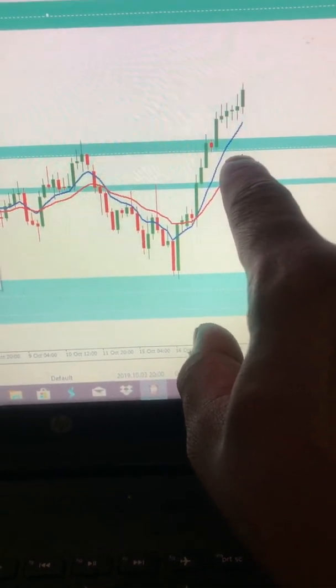We're looking for a pullback at least to this zone. So I'm looking for a pullback to come and touch this red candlestick and we can buy it off of this candlestick, off of this red line. So now that's what it does. It's going to come down here, touch this, and we can buy it back up. And that's NZD USD, episode 2 of my multi